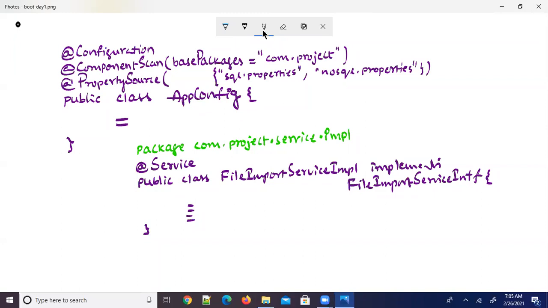So a bean in the container will be registered with an ID, and that is going to be a unique ID. Two beans cannot be registered with the same ID, as you know.